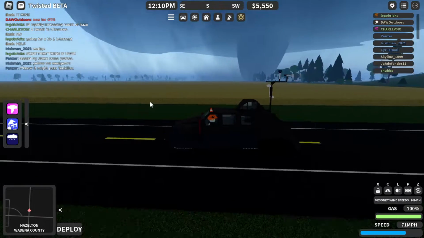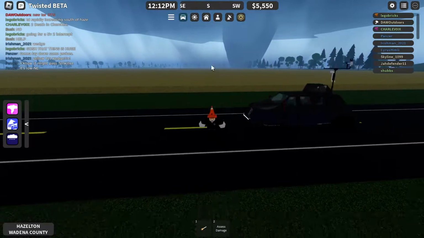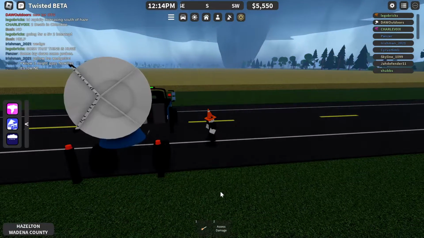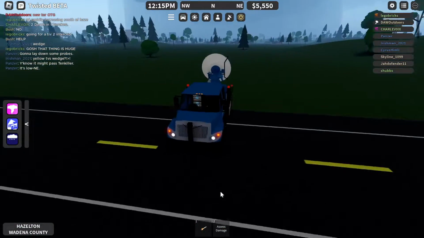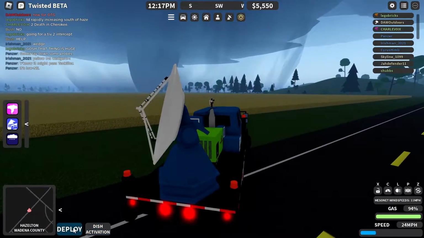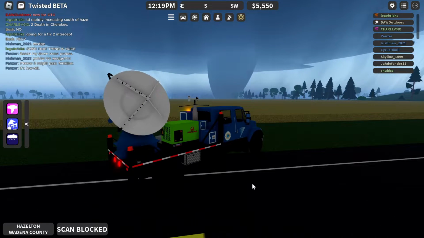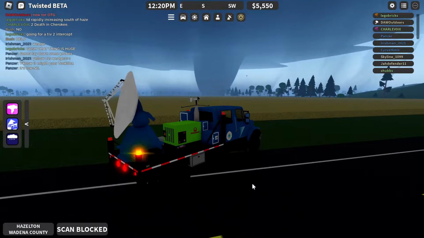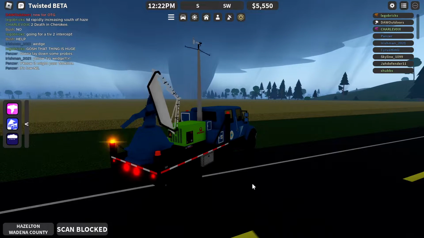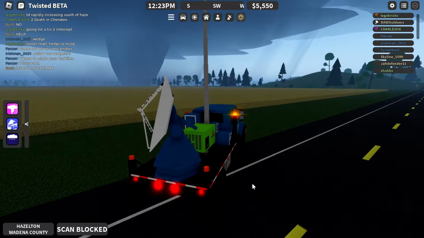Alright, so this here is almost like a blooper, but I'm gonna include it anyways as a run. I'm just hopping out of the Dow and trying to scan this ginormous tornado. I'm pretty sure the thermals at the time I was recording this were pretty high, and even though there was a mod in the server, I don't think there was any special stuff. As you can see, the scan is blocked. I must have been way too far, and